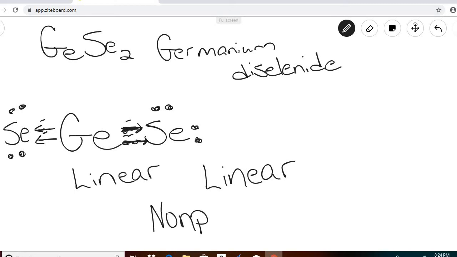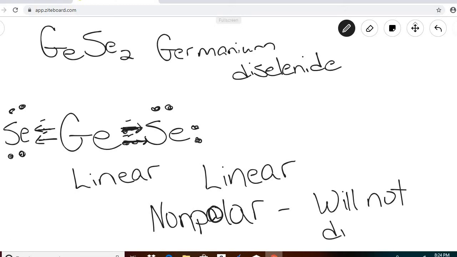Because the seleniums will pull on, it's going to be pulling equally from each side. So that's a nonpolar molecule. Nonpolar does not dissolve in water. So this one will not dissolve. Remember, nonpolar is the same as saying a purely covalent bond. Those mean the same thing. Okay, the next one is